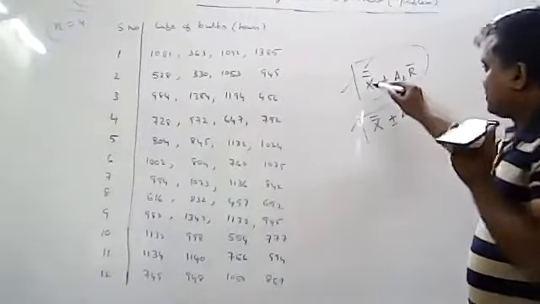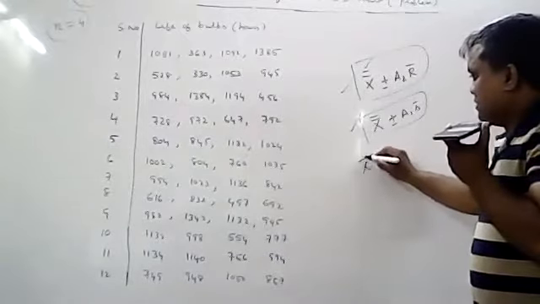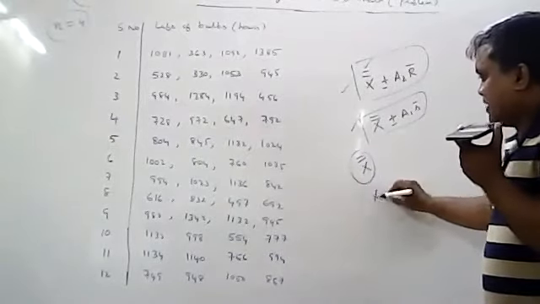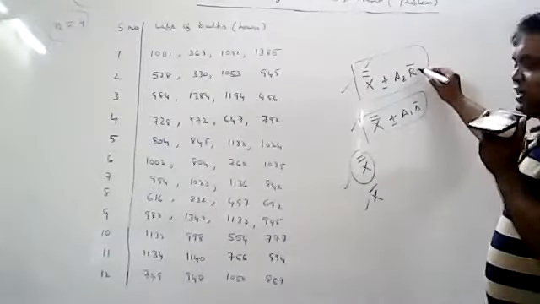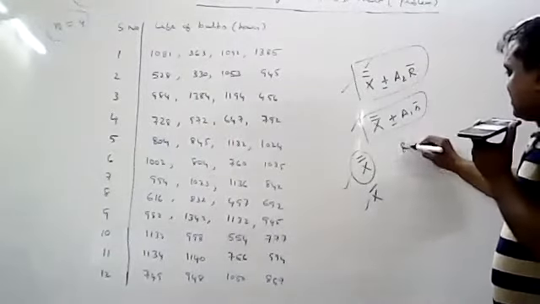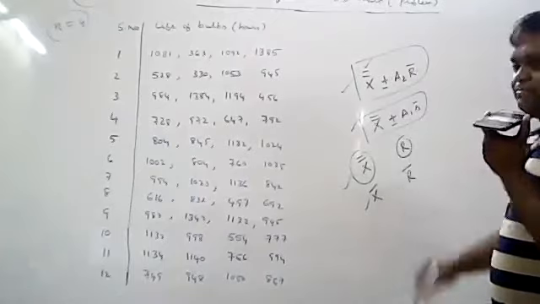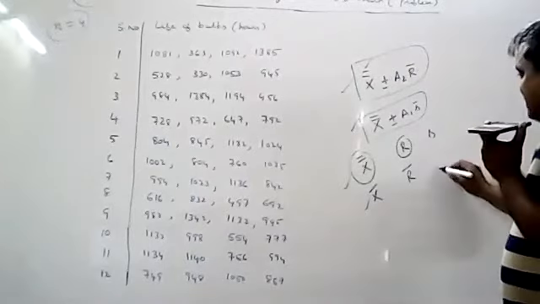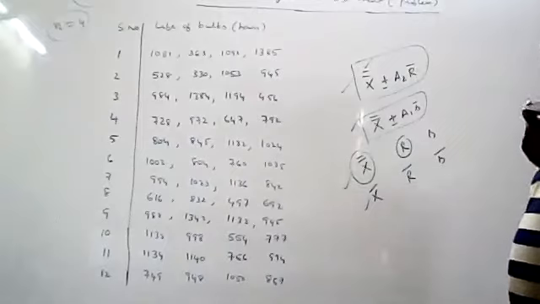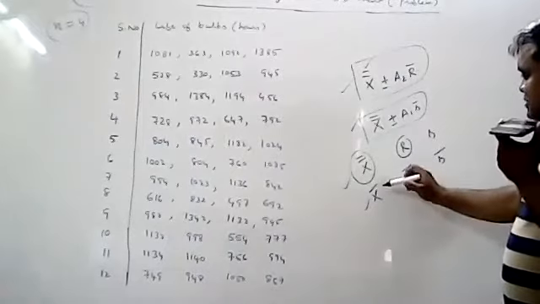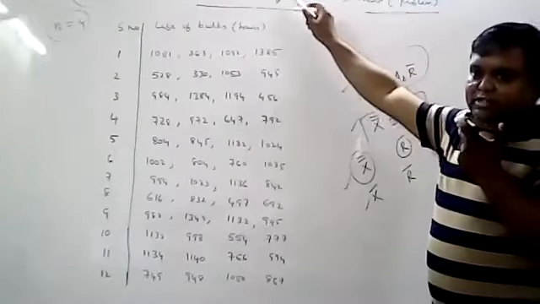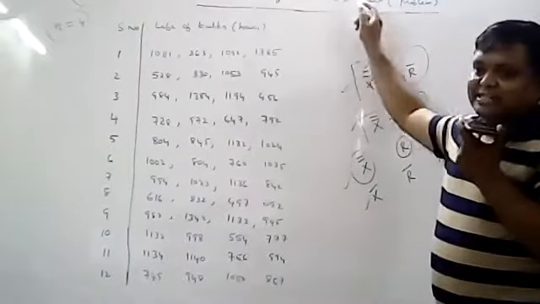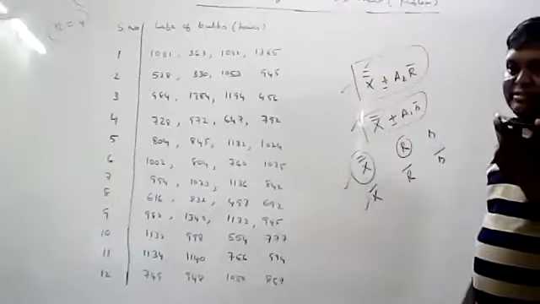If you observe these formulas, first you require X double bar. For X double bar, first you require X bar. If I know X bar, then only I can calculate X double bar. Next I have to calculate R bar. R bar means first the range is required, then only you can calculate R bar. Standard deviation is required, then only I can calculate S bar. So for this calculation, all three charts you have to construct, because in this particular problem you have to construct mean, range, and standard deviation charts. So all the calculations I will do here.